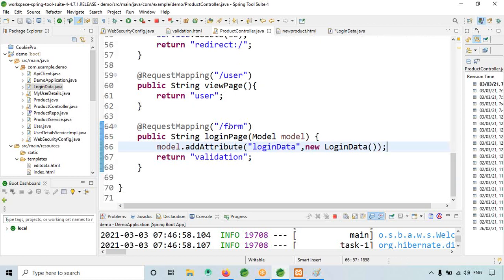Okay, so this is for the validation. Okay, so I will have one more request mapping.